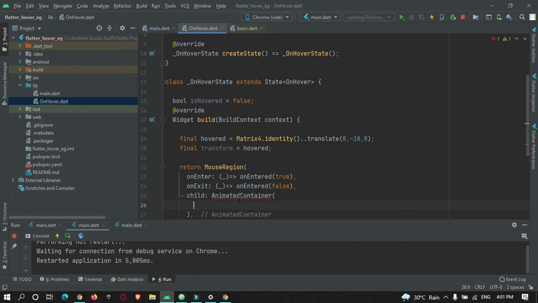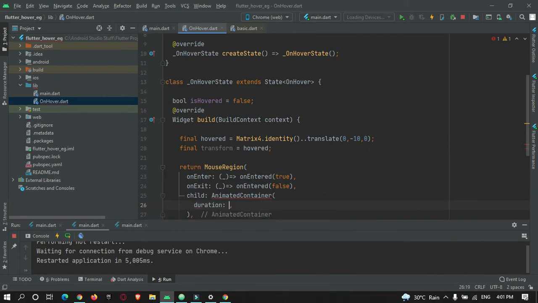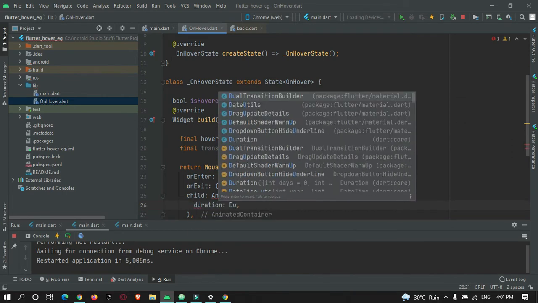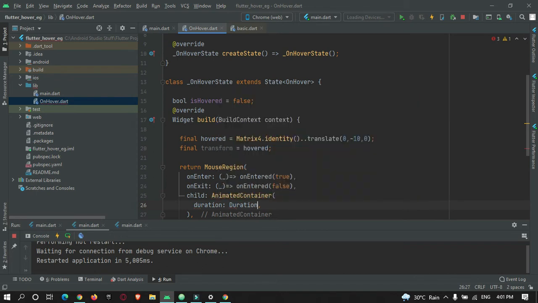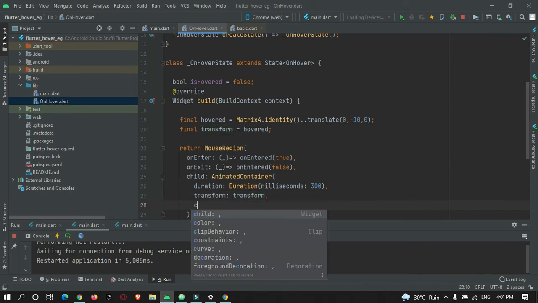So here there is a mandatory property that we need to use, that is duration, and set the duration millisecond 200 or 300 we can do. Okay, and just attach the transform that we have created, transform, and the child widget.